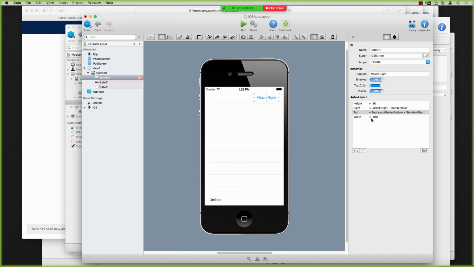And of course, if you don't want to set up all these dependencies, you can just set things to be positioned to actual values. So you could just set the top equal to a specific number, just like height and width are. And you may find in future versions of Xojo that that's more of what happens when you drag stuff around here. And then the setting of the specific rules is left to you to do manually rather than what Xojo is doing now automatically. So anyway, let's run this so you can actually see